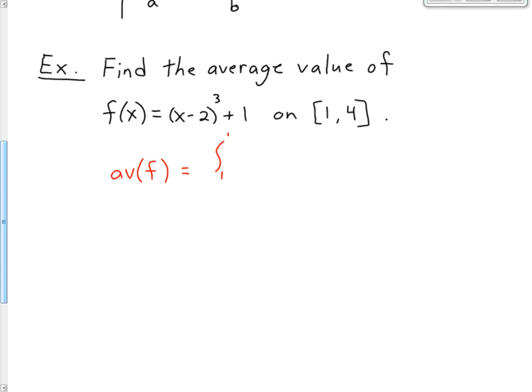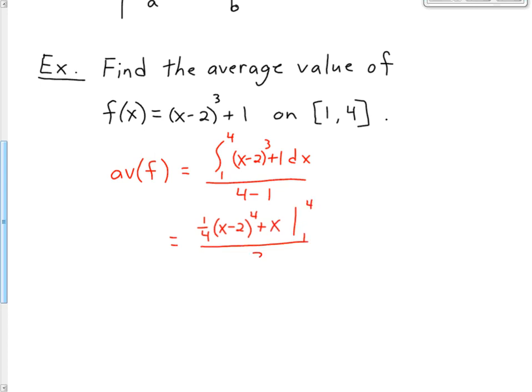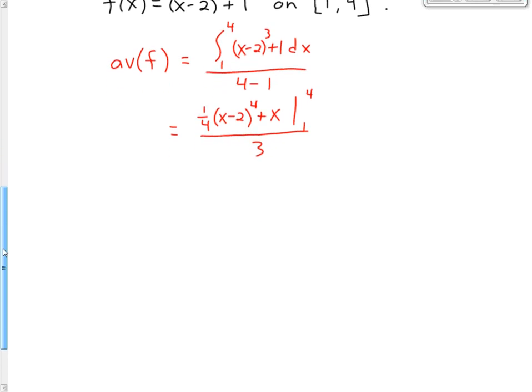We'll do the integral from 1 to 4 of (x minus 2) cubed plus 1 dx over 4 minus 1. The antiderivative of that is going to be 1/4 (x minus 2) to the 4th plus x, evaluated from 1 to 4, all over 3. So when I plug in 4, I'm going to get 1/4 times 4 minus 2, which is 2 to the 4th, which is 16, plus 4,